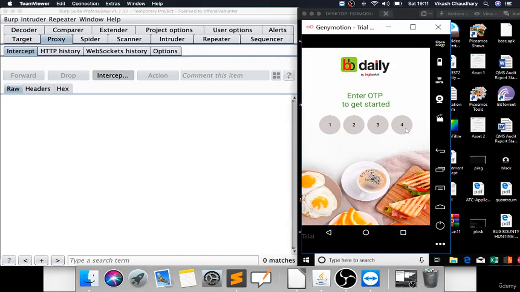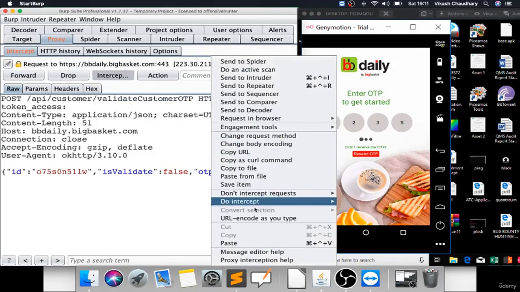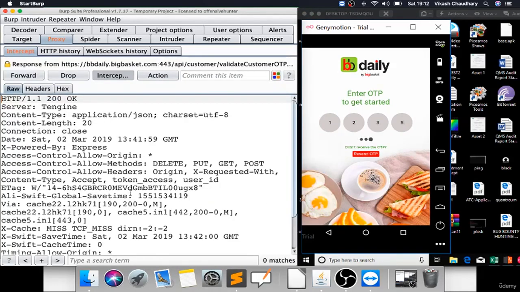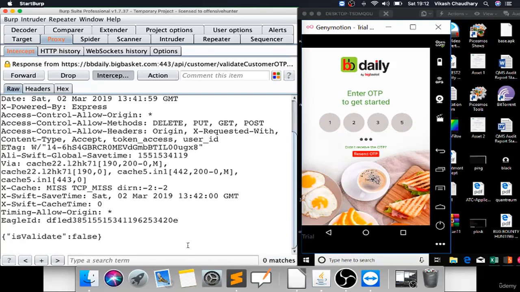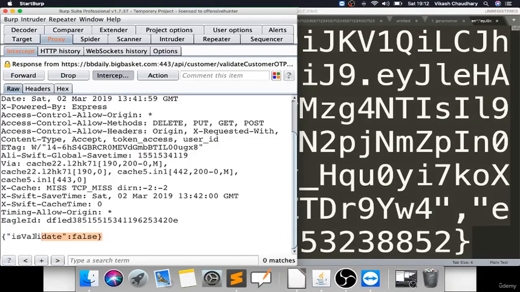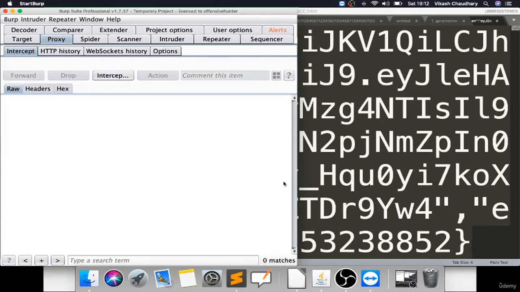If I try 1235 right now, I capture this request. I'll again do intercept response to this request. Let's forward, and there you can see it says validated false. Now what if I replace this with the successful response I captured earlier? Let's forward, intercept off now, and then you can see